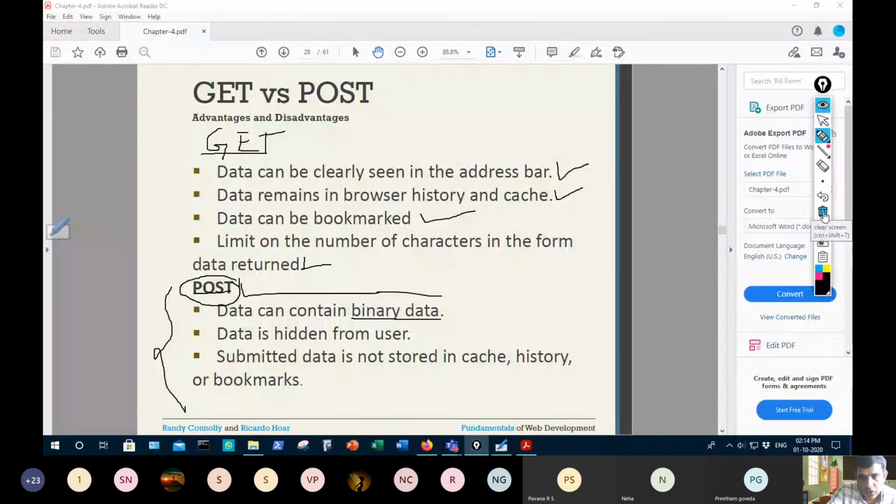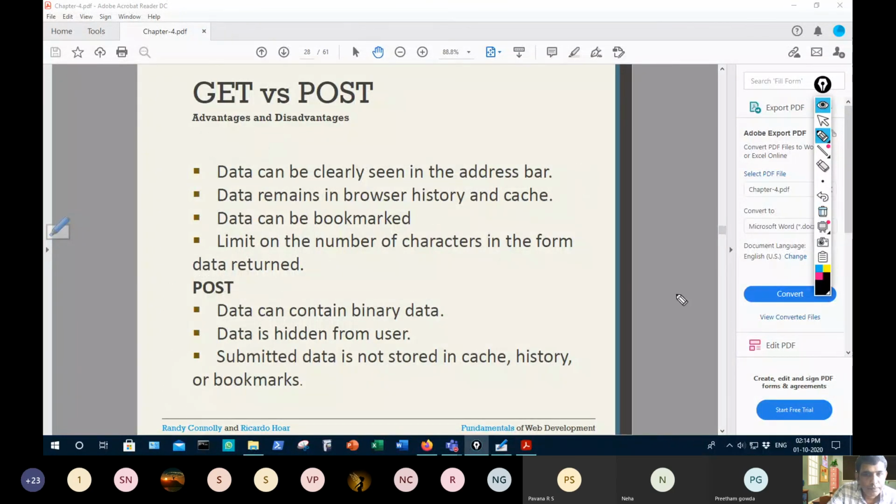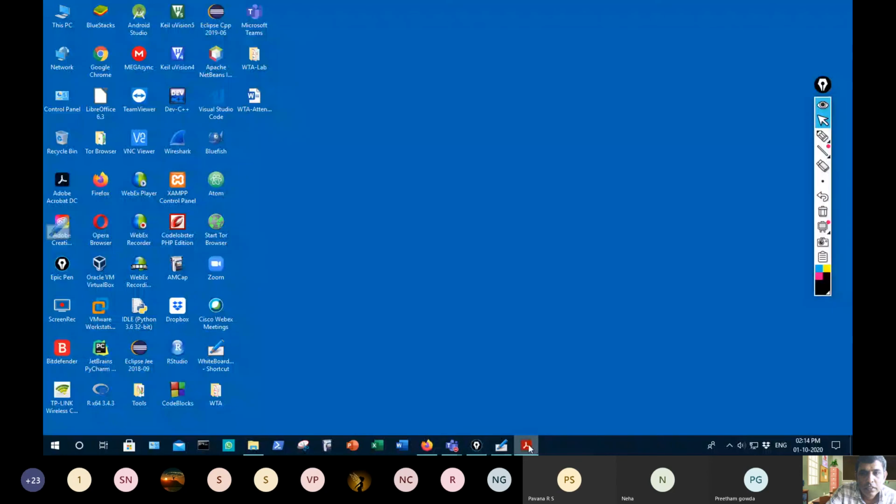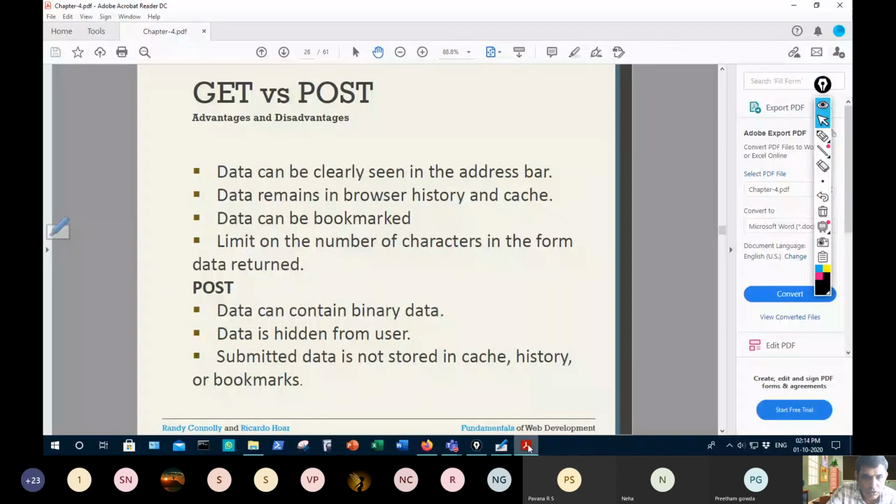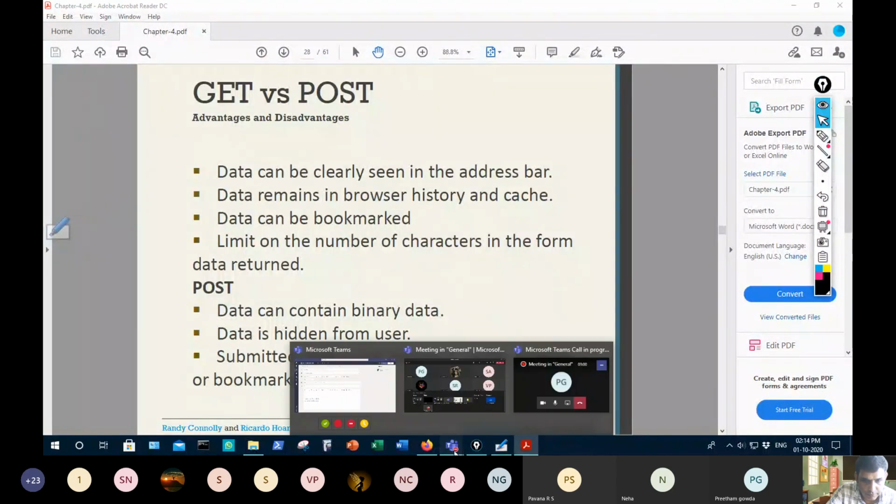That is the point I needed to say. There are many things, but I will conclude at this point. There are many form control elements which we will discuss in the next class. If you have any doubts, you can ask.